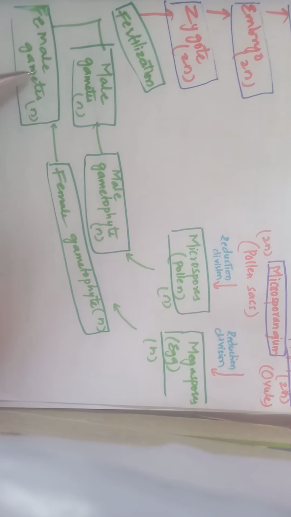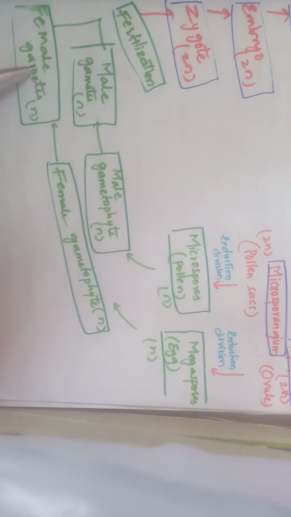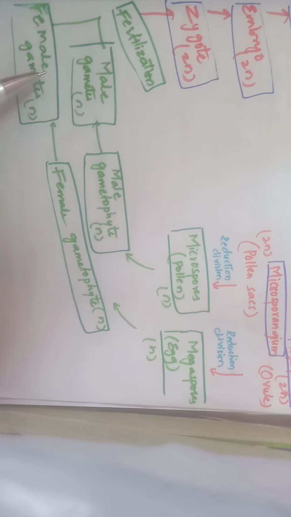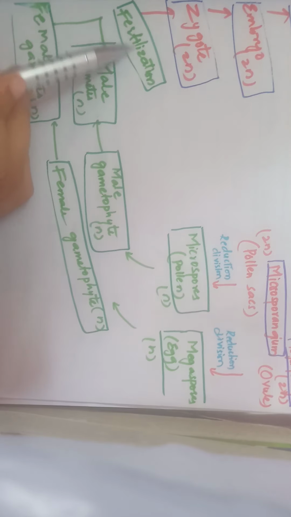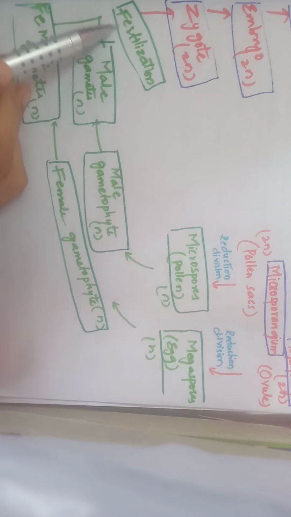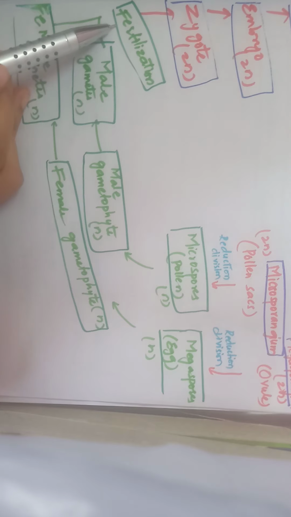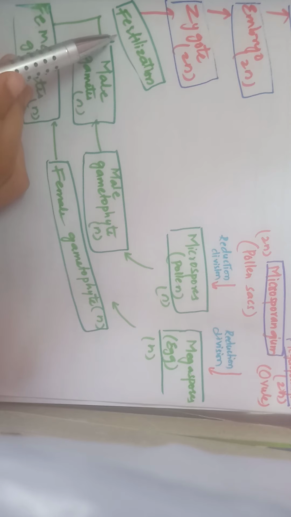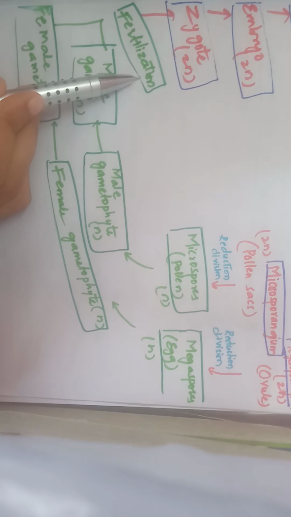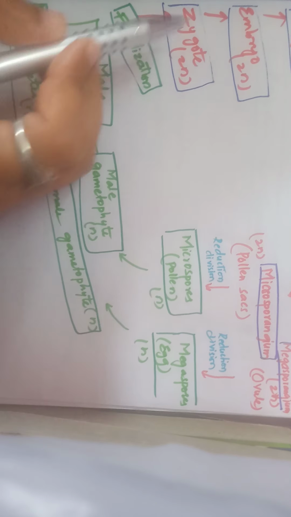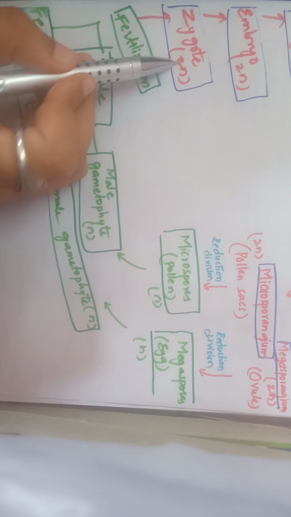Then what happens? Pollination will take place by the wind, and after pollination, that pollen will germinate, and finally the male gametes reach the egg cell. As a result, fertilization will take place. Here siphonogamy will take place, meaning through the pollen tube, the male gametes are transported to the egg cell. There is fusion between the male and female gametes. As a result of fertilization, we get the zygote, which is diploid, that is 2n.